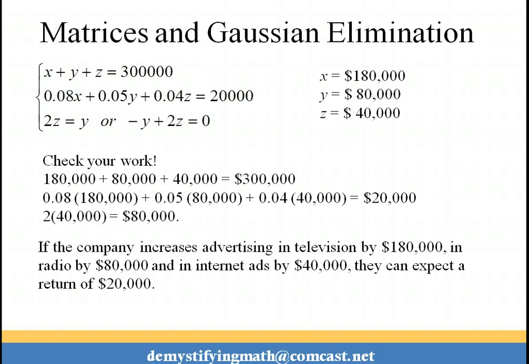So if the company spends an increased amount in advertising of television by 180, increases their radio advertising by 80, and their internet ads by 40, they can expect an additional return of